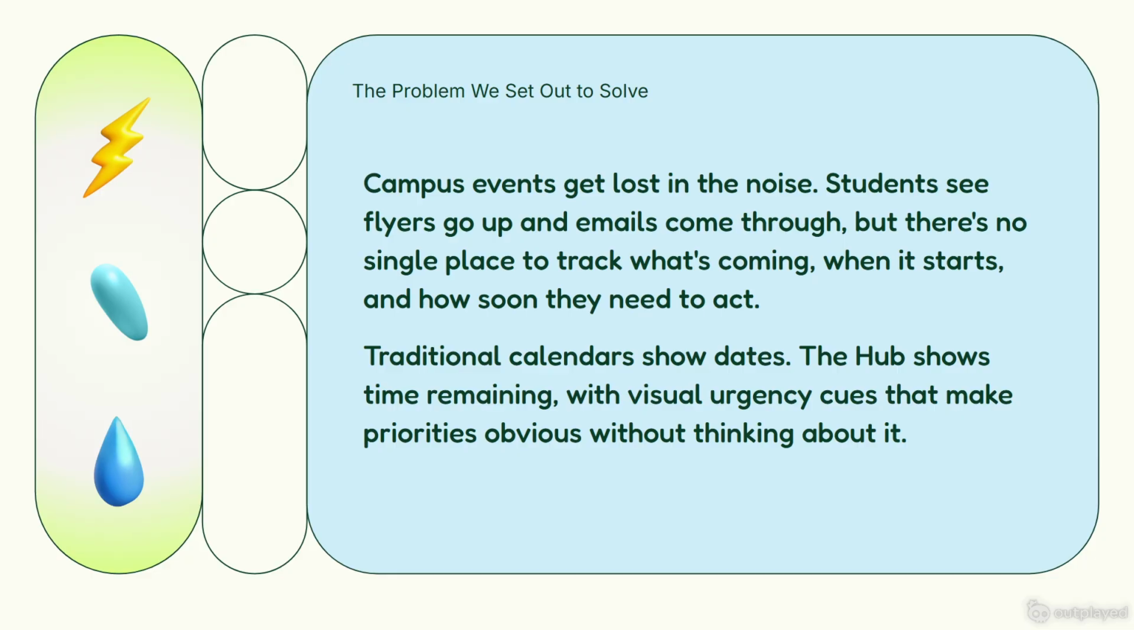On the other side, event organizers and professors face a different version of the same problem. They announce events and deadlines through multiple channels, hoping students will see them, but there's no reliable way to put that information directly in front of students in a way that they'll actually engage with. So that's the gap we identified. Students need a single visual real-time view of everything that's coming up, and organizers need